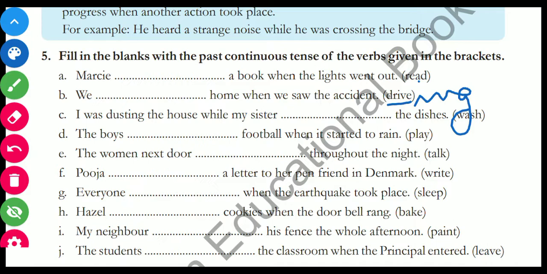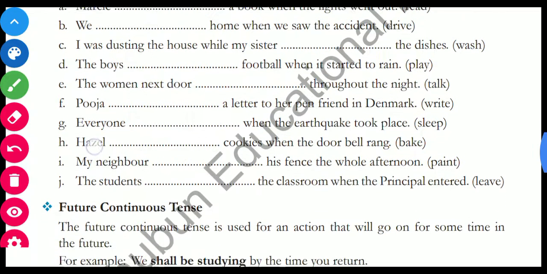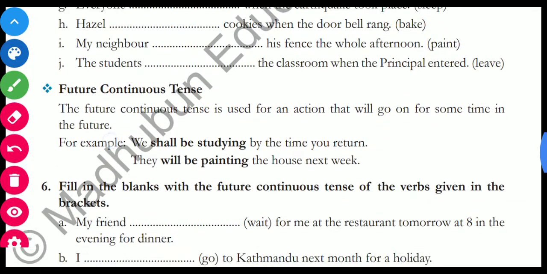This is as easy as that. This would be only possible when you learn the rules. I'm again and again and repeatedly telling you, you need to learn the rules. Okay? Now, the rest to be done by you. Please learn the rules. With the help of the rules, you will be able to fill in the blanks.